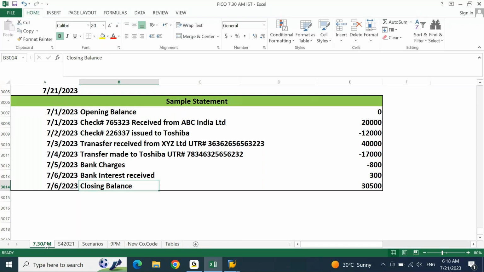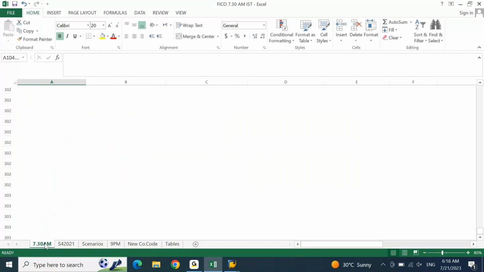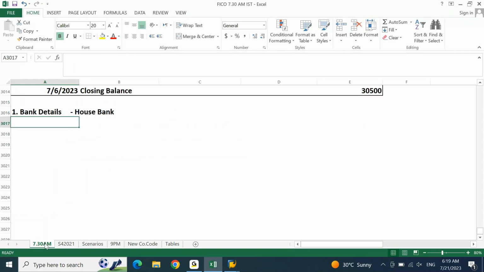For which, point number one, you need to remember the bank name, in short, bank details. Now, these bank details you are going to create as house bank. And the second one is the bank GL accounts. So for the bank details, let's assume for which bank we have, let me open